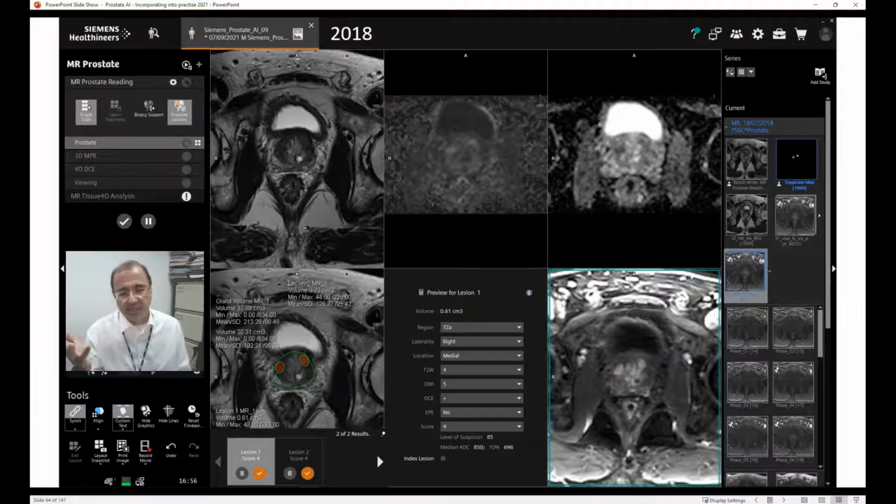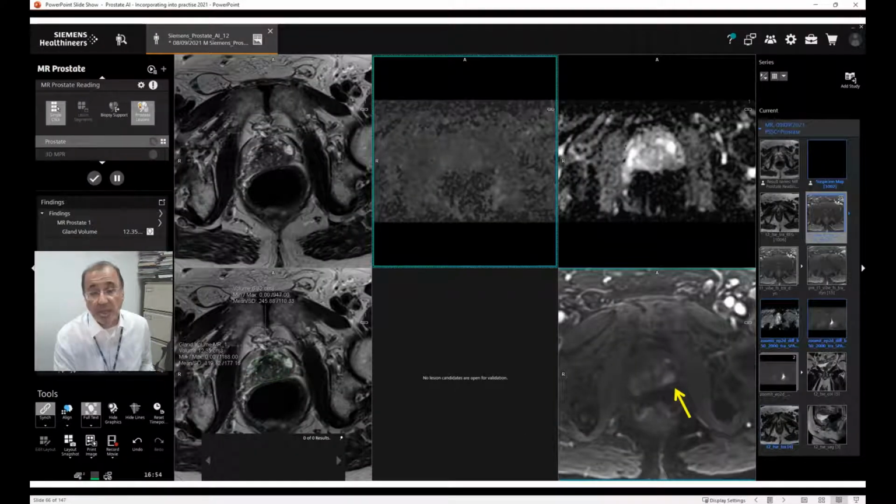And in 2018 the AI clearly sees both lesions, but these are higher signal-to-noise ratio images. Other causes of false negative results are due to gas, rectal gas, and here's an example. So this man has a lesion here in the left peripheral zone, quite difficult to see on the high B-value